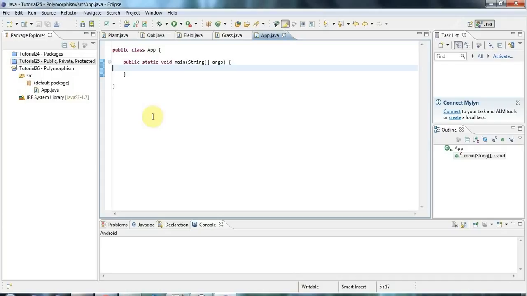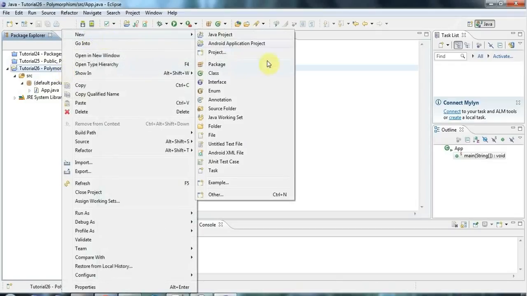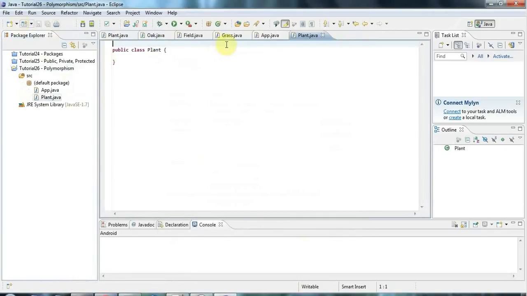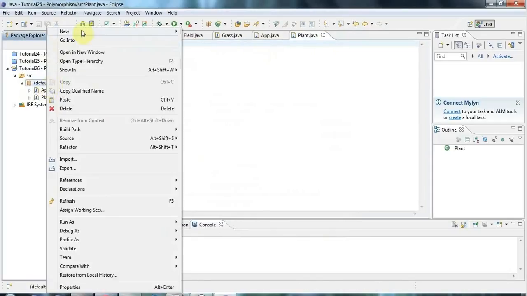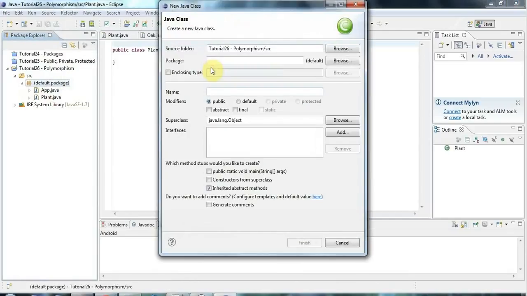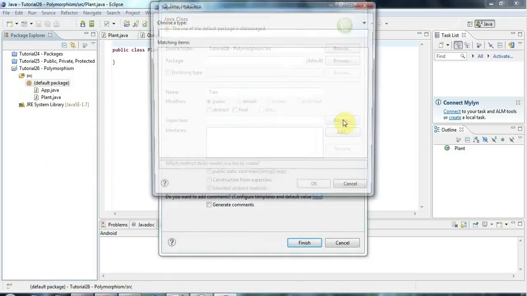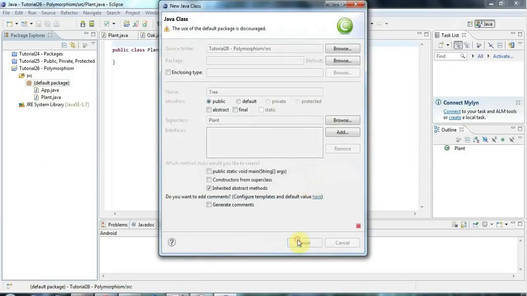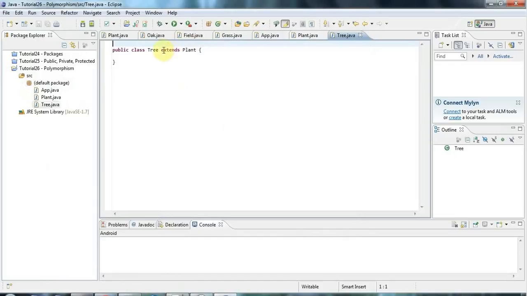So let's create a new class here, and I'm going to call it plant. I'm not going to give it any methods or anything, because we're not going to need it. And I'm going to also create a new subclass of plant. Let's create one called tree, and I'm going to set the superclass here. I'm going to click browse and go to plant and click OK and finish, and so it's filled in extends